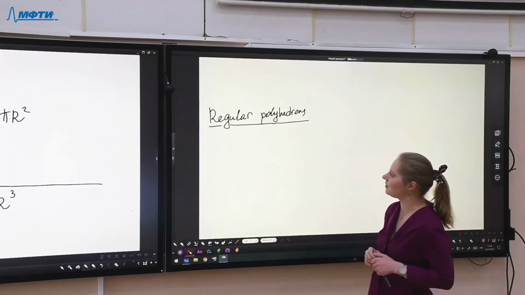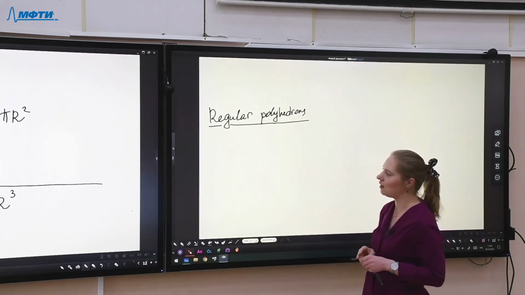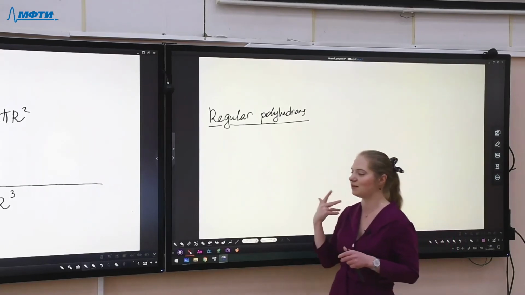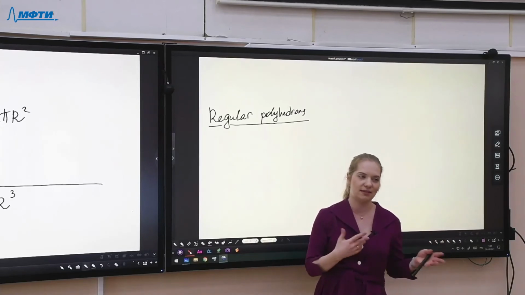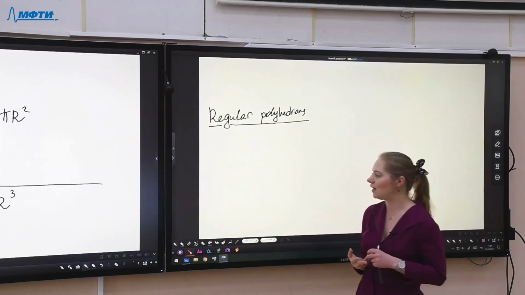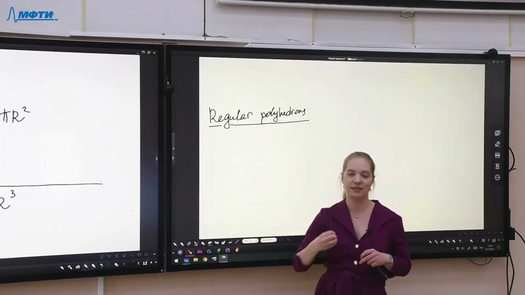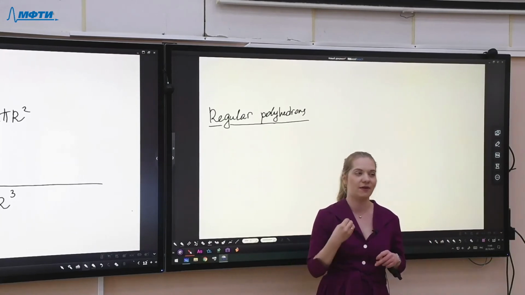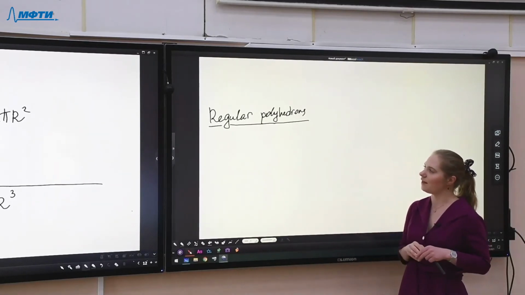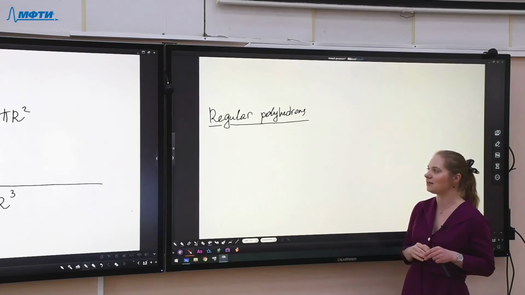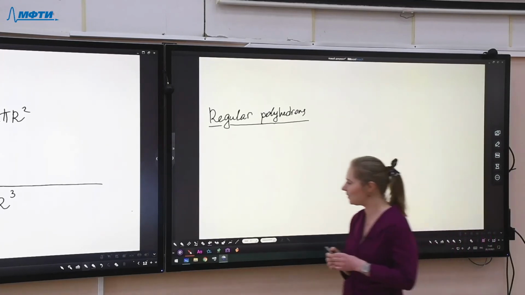And a case of regular polyhedrons, this is the case when all faces are regular polygons. It means that they have equal sides and equal angles. And also in each vertex, we have the same number of edges. And it occurs that we have only 5 kinds of regular polyhedrons. The first type is